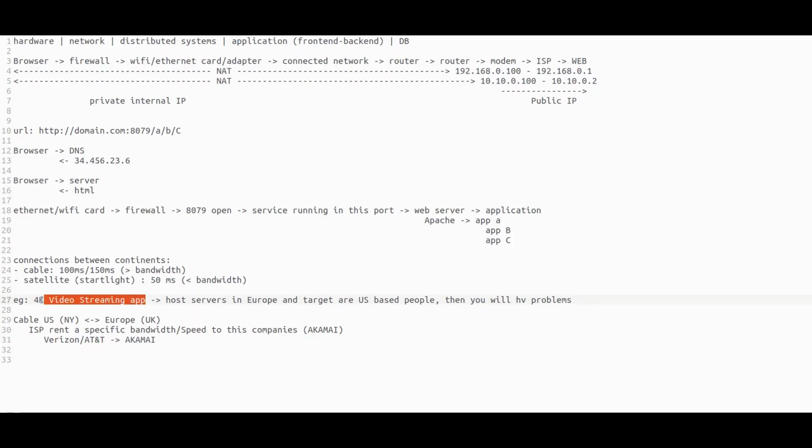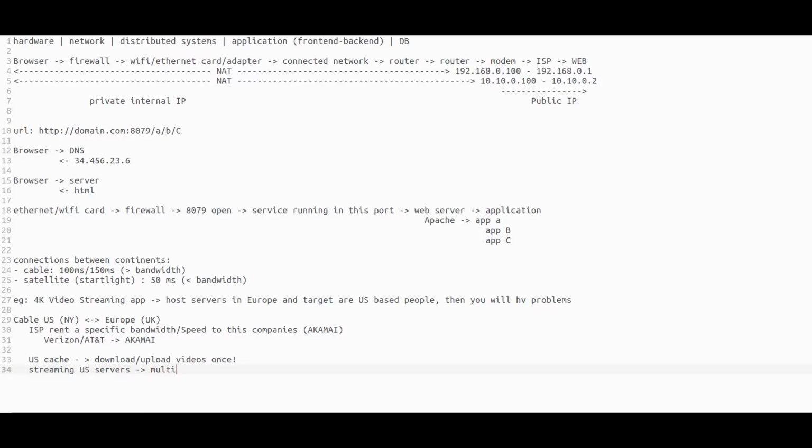If your streaming videos are hosted in Europe, then you need to have caching systems in the US, to pass the videos only once. You download, upload, whatever, the videos once, and then the streaming will get out from the US servers